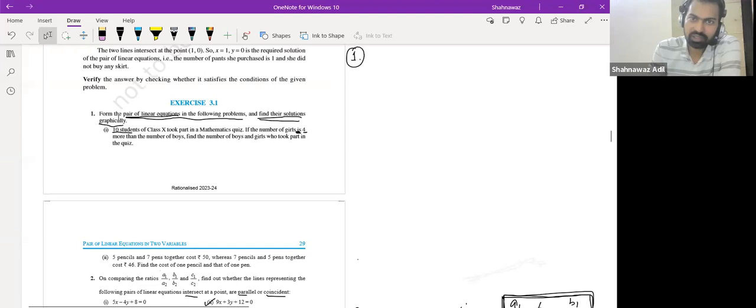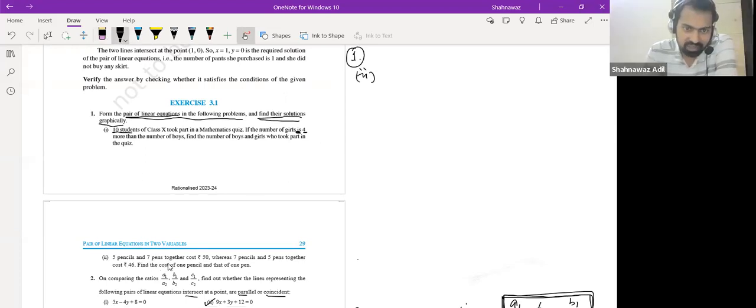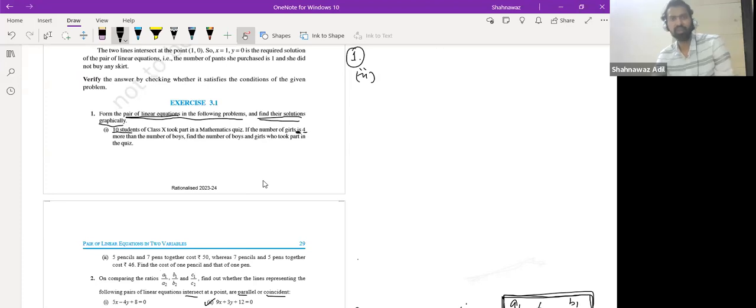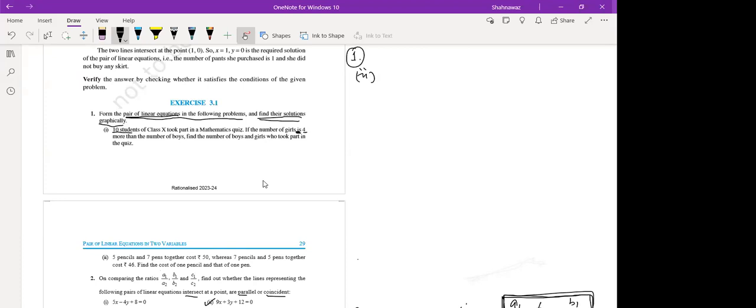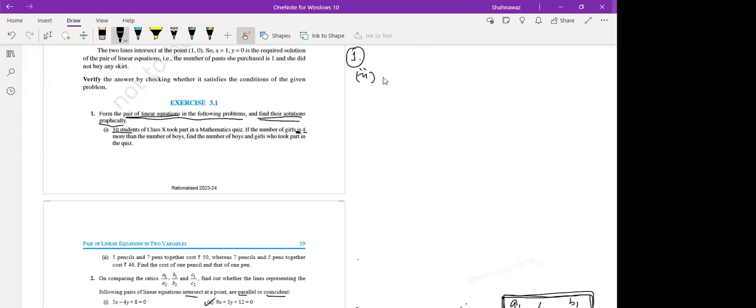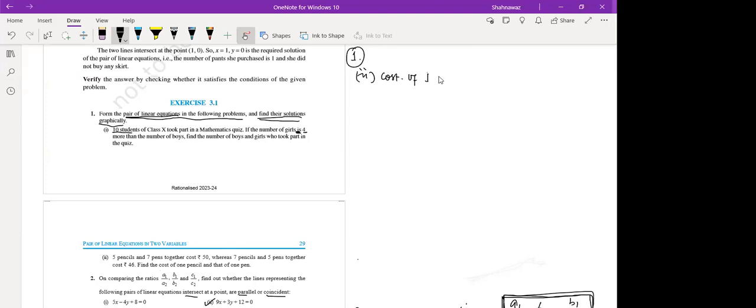Okay. So now let us do the second part of this question. We have 5 pencils and 7 pens together cost 50 rupees, right? While 7 pencils and 5 pens together cost 46. So find the cost of one pencil and that of one pen. So what are the two unknowns here? Pen and pencil. Right. So cost of one pencil